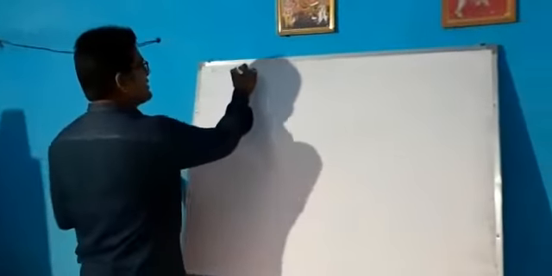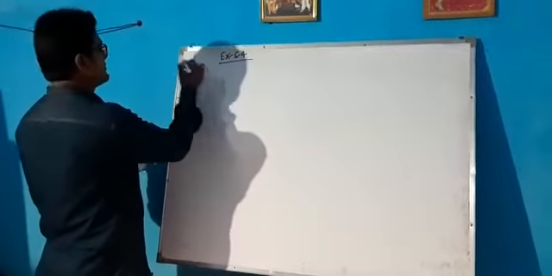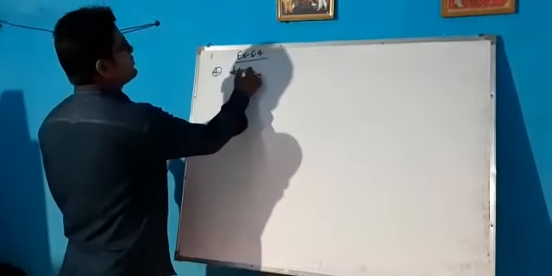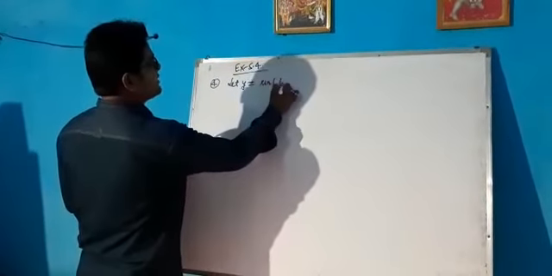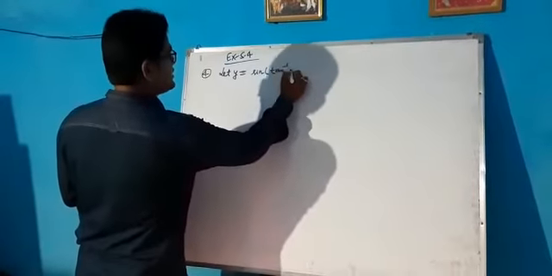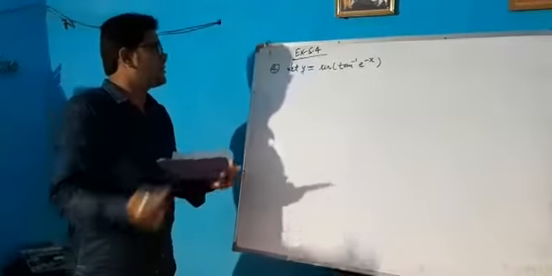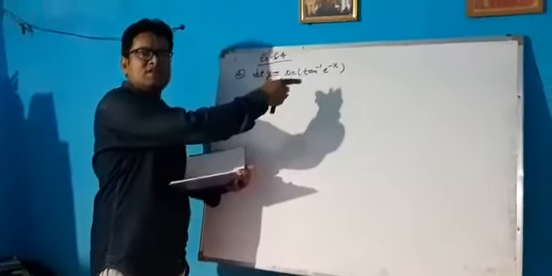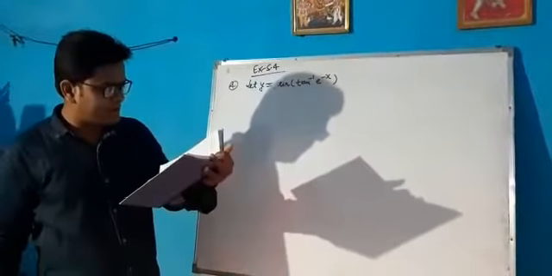So next is exercise 5.4. See question number 4 everyone. It is given directly differentiate with respect to x. I can just write it down as let y is equal to sine of tan inverse e to the power minus x. Very nice question. See, y is equal to, just y I have let it down. It is not needed, but I have done it to make it easier, easy going. So sine of tan inverse e to the power minus x.